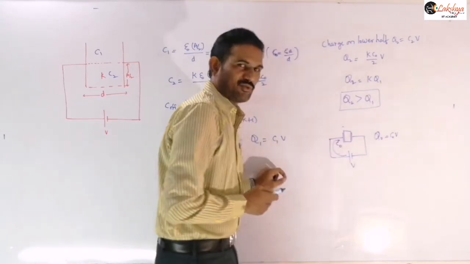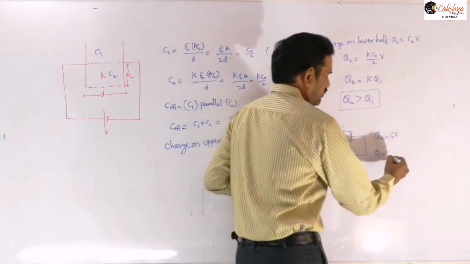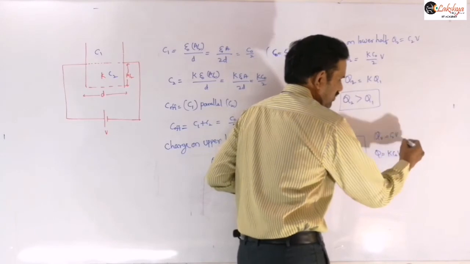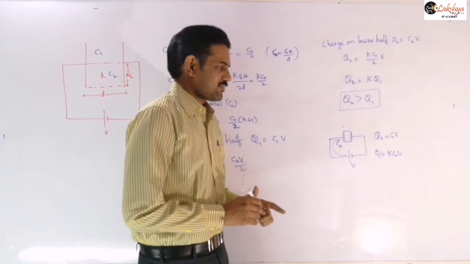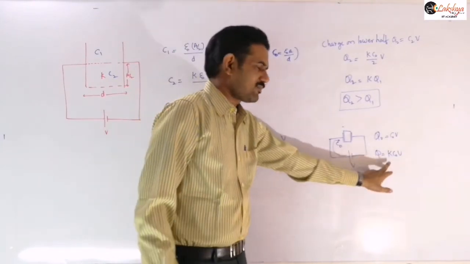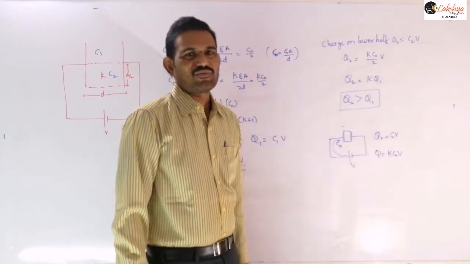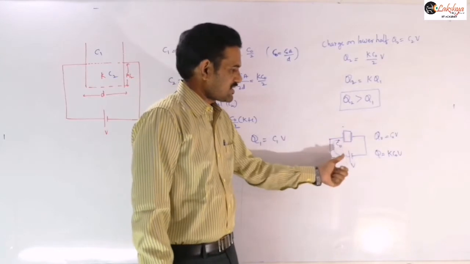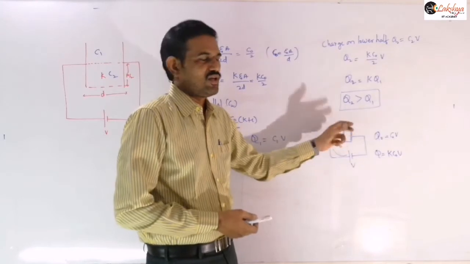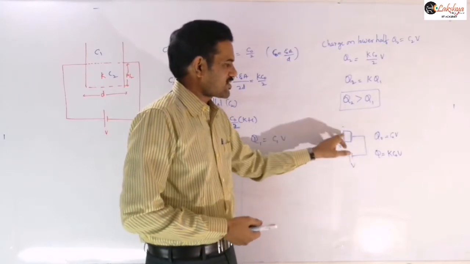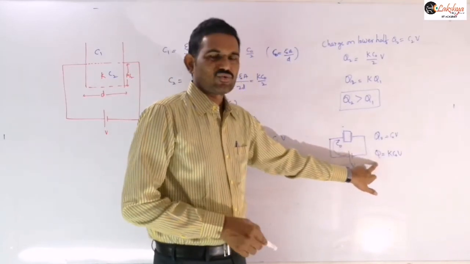That additional charge is nothing but what we are calculating there. Now the final charge, suppose Q, we can write as K into C naught into V, because once you introduce the dielectric, the capacitance goes on increasing, and so this will be the final charge. So when you introduce this dielectric, the potential difference will decrease. As the potential difference decreases, the battery will send some additional charge to the capacitor to increase its potential, until the potential difference across this capacitor becomes equal to V. Now this will be the final charge stored on that capacitor.